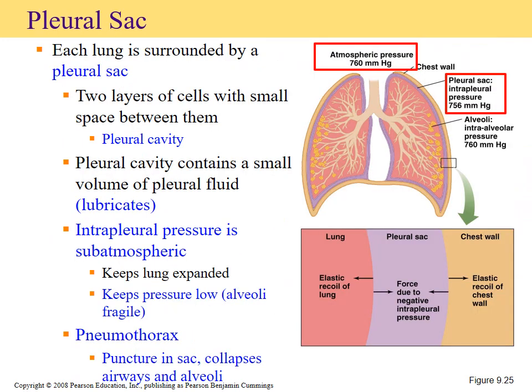Now, the lungs are protected by a pleural sac, very similar to what we saw when we were discussing the circulatory system and how the heart has a little pericardium sac. So you have a pleural sac that sits around the lungs. It's almost like a double Ziploc bag that has an outer layer and an inner layer. They'll fold in between themselves to give you a little pleural cavity that's filled with a little bit of liquid